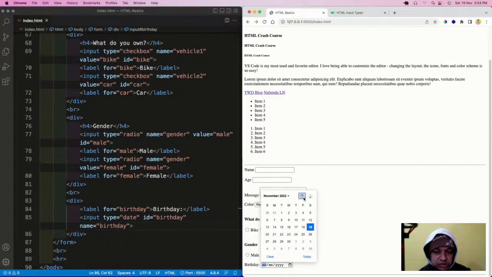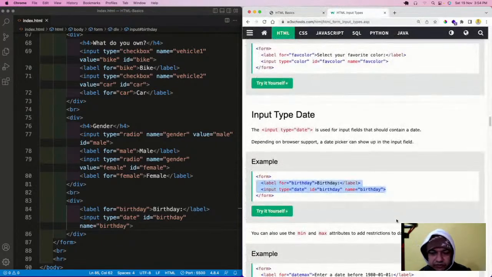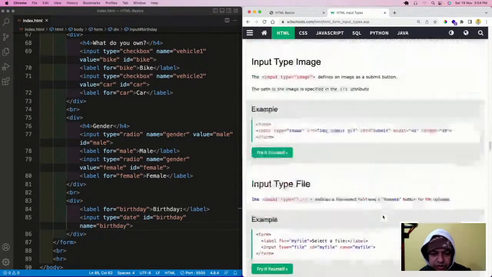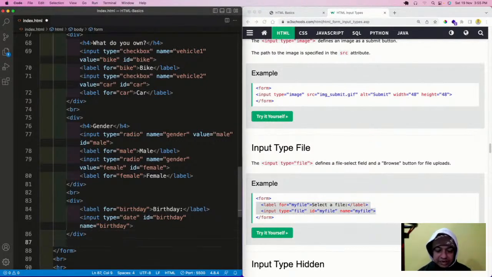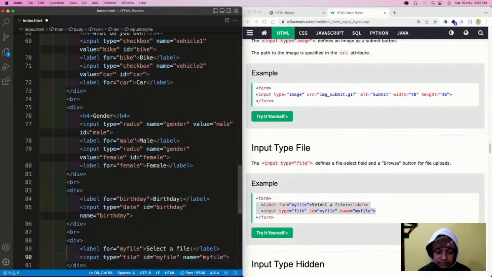And this is something which nowadays every website has, like you have to enter your birth date. So you can select anything here, and you can select the date. So this is a very wonderful thing. Another very wonderful thing which came out from HTML version 5 is input type file. This is something which you see a lot in a site like naukri.com, where you have to upload your resume. Although some other backend logic is also required, but the thing is that,